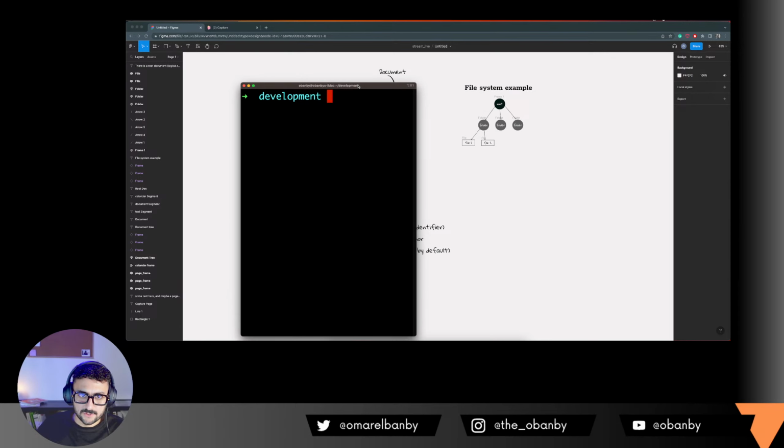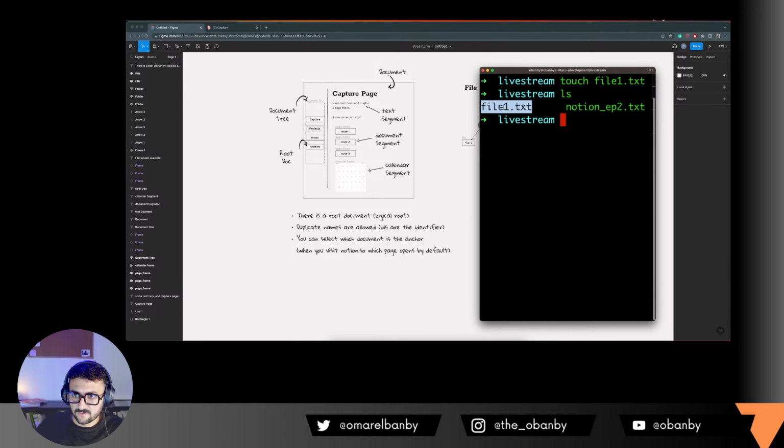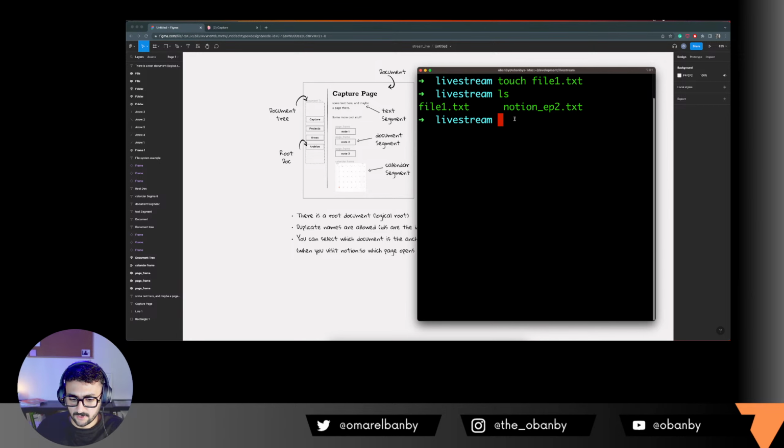Right, here's our amazing terminal. So now I have this directory called live stream, and let's say I want to create file 1. So file 1.txt. If I do ls now, I do see file 1.txt. Okay, great. So now let me create another file, but this time